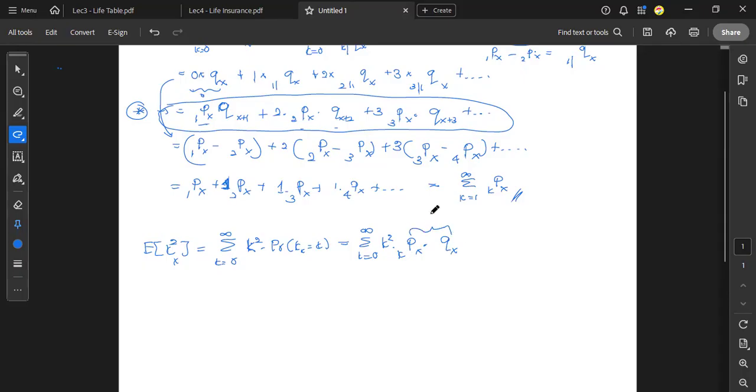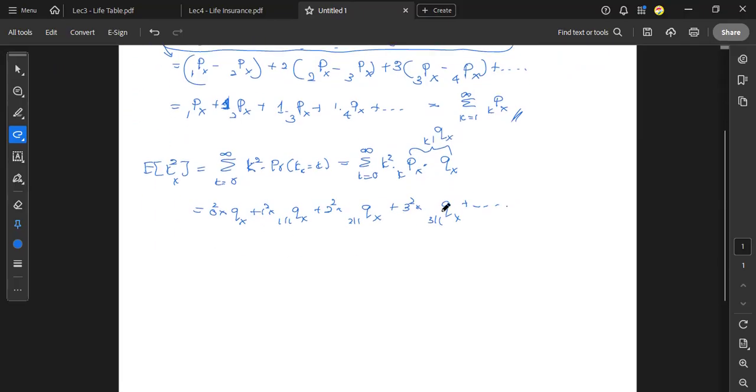So for that one as well, if I expand it, now it's squared, and this square 1 q11, 2 squared q21, and 3 squared q31. Like that, we can use the deferred probabilities and write down the definition as a series of these geometric